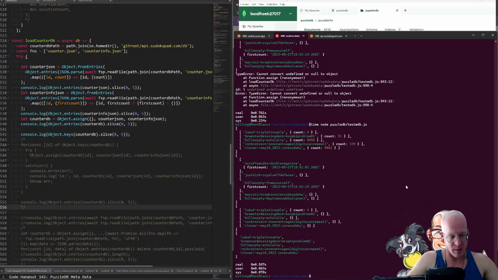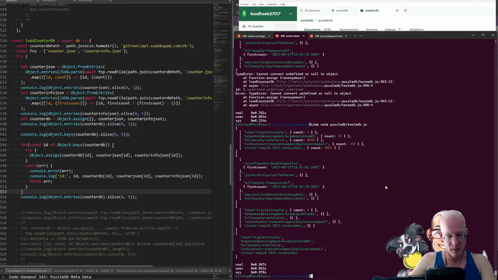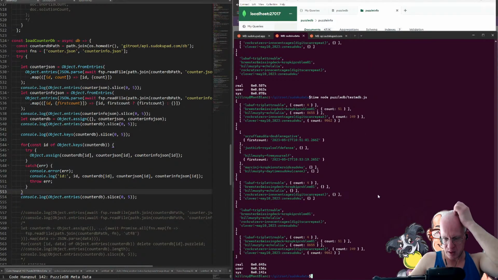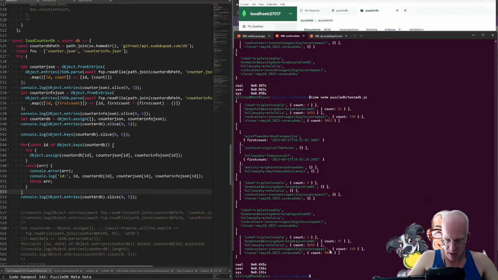Oh, I'm an idiot. Okay, because I didn't do entries. Because I keep switching what I'm doing. This is not an array. This is literally just a list of IDs. Okay. All right. So finally, we should have these guys with counts and